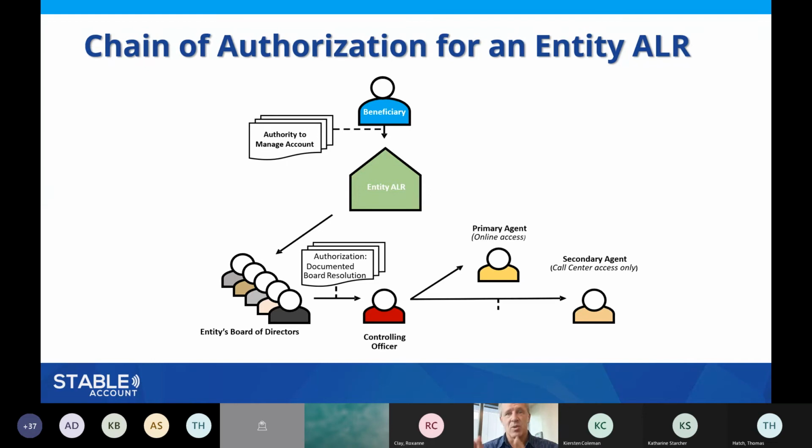And then again, what's great is that if the primary agent should ever leave the organization, then you take the one page of the form that's in the application that talks about primary and secondary agents, and you just fill out that one page and say, we're replacing this primary agent with this one, and fill in the appropriate information, upload it or turn it in, and boom, we can switch it over pretty fast, thus trying to maintain constant access to the accounts in the system for your organization.